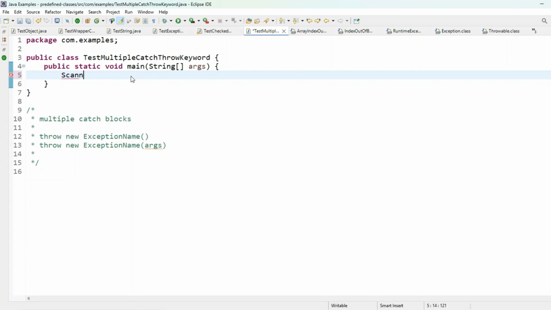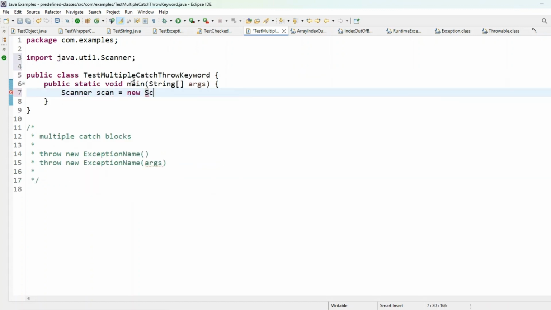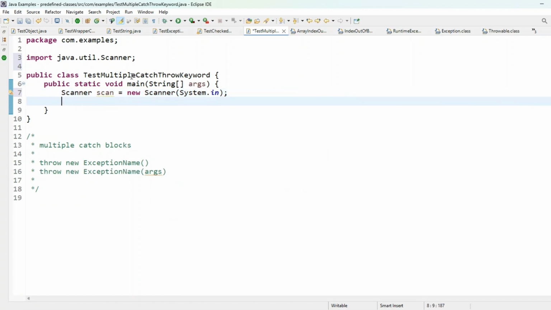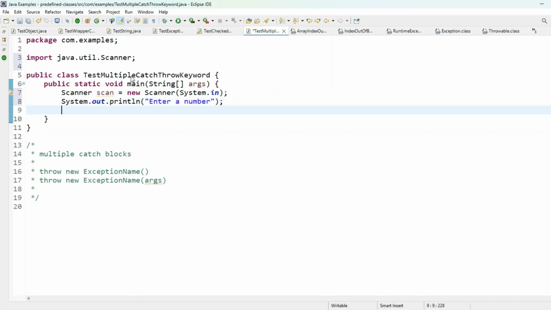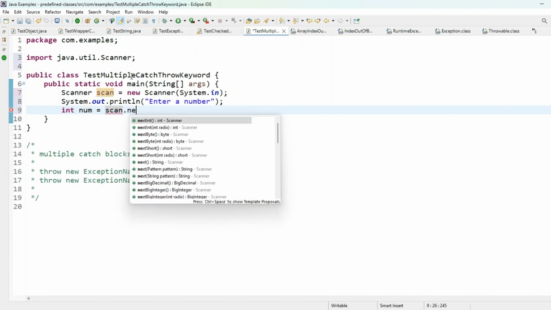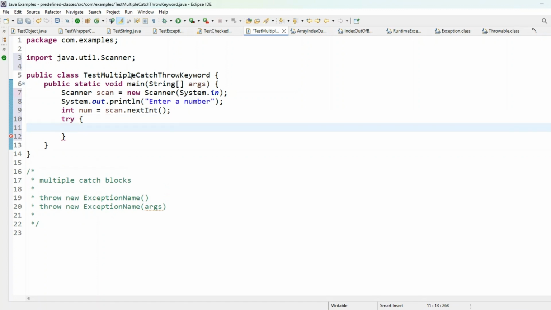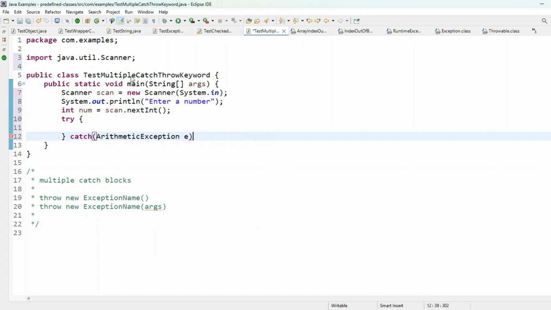What we will do, we will create a scanner object first, so that we will take input from the keyboard, and in the input we will decide that for this input it has to throw arithmetic exception, for this input it has to throw array index out of bounds exception, like that. Let us first enter some number. So we write enter a number, and whatever number you enter, we will store it in this variable, and then we will write a try block with multiple catch blocks, like a catch one to handle arithmetic exception, and